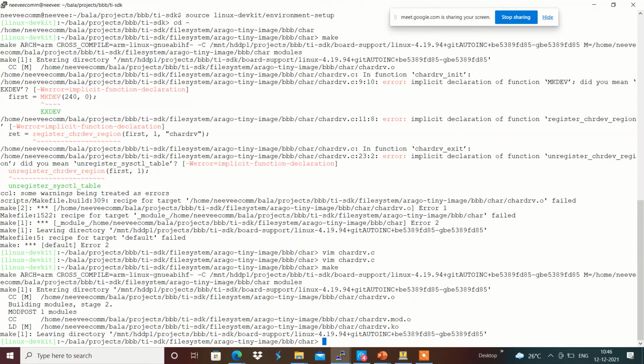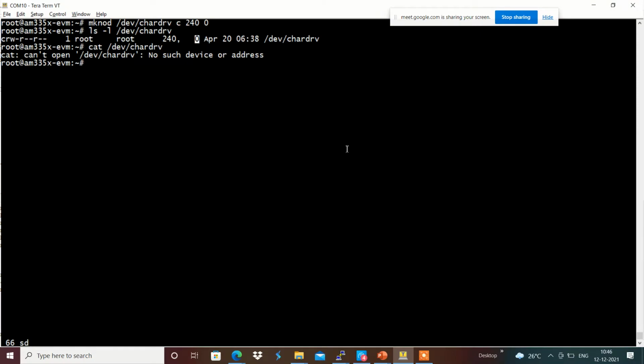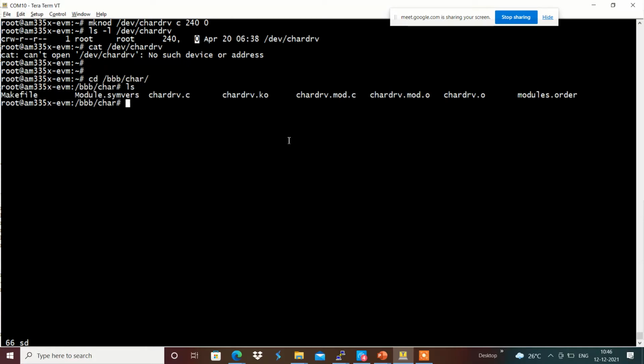Now the .ko got created in my system, and I'm going to insmod this file over here. In the bbb directory I have the character driver .ko, so I'm going to insmod it.